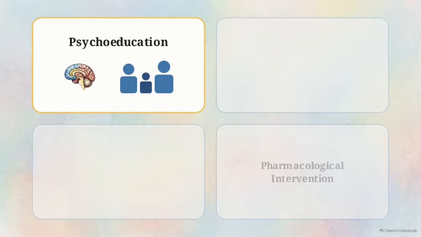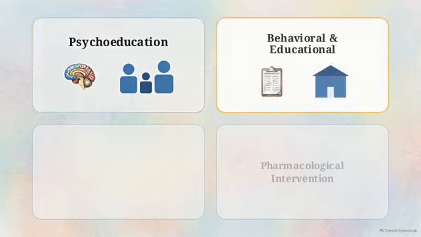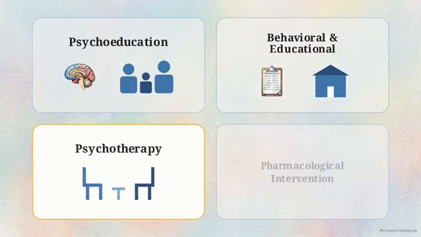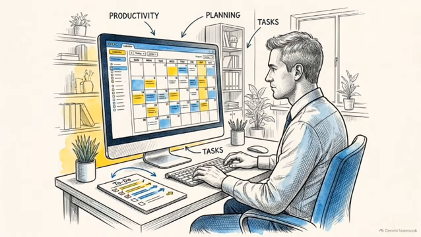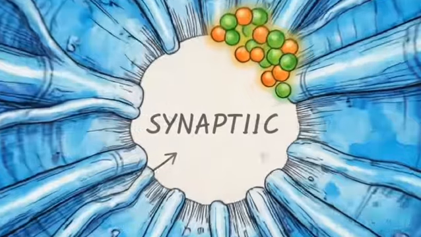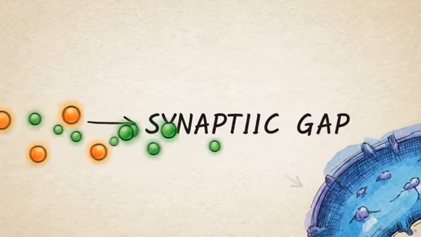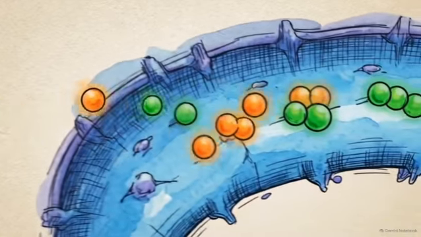Highlighting the first quadrant reveals psychoeducation, removing the stigma of behavioral blame. The second quadrant addresses behavioral and educational interventions, enforcing structured routines. The third quadrant, psychotherapy, offers specific utility for adults. Cognitive behavioral therapy targets the accumulated emotional fallout. It helps patients build vital coping skills to combat chronic procrastination and establish functional time management. These behavioral frameworks restructure the patient's external environment, but to correct the underlying neurochemistry, pharmacological intervention is frequently required.